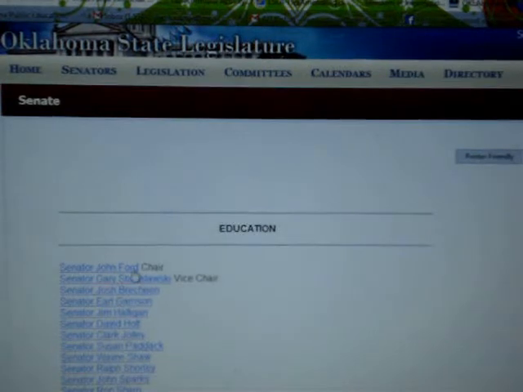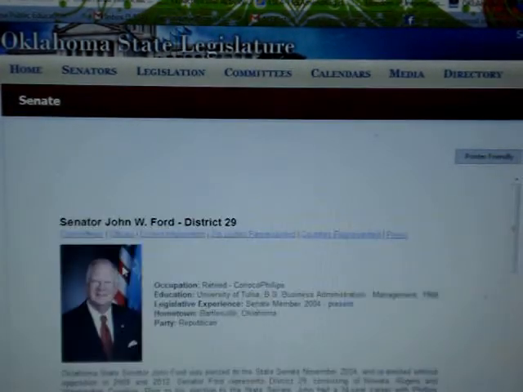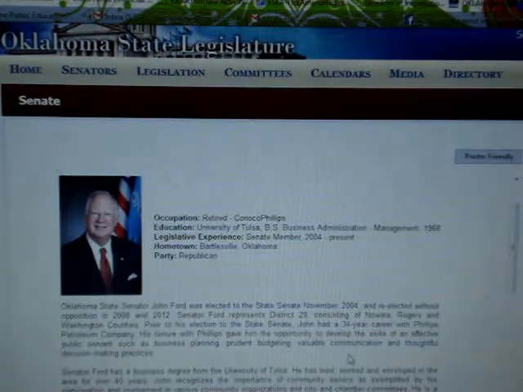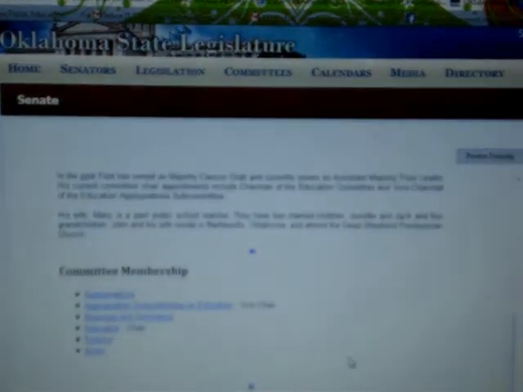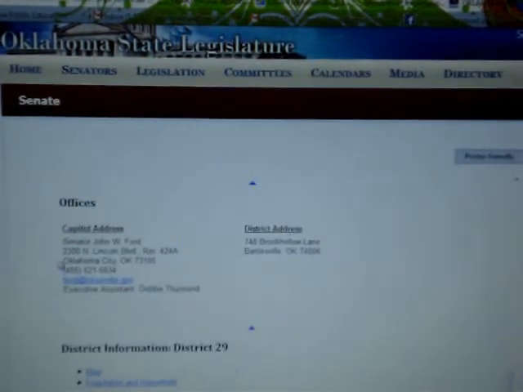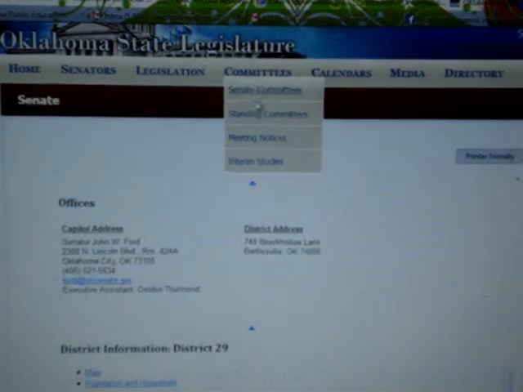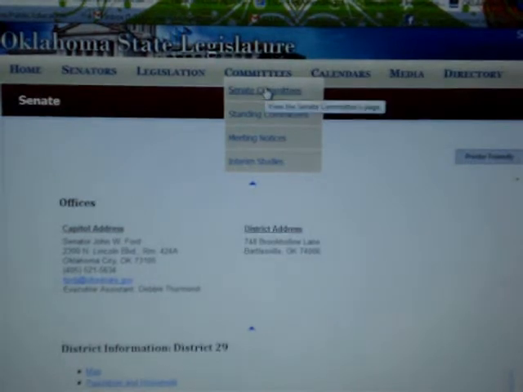Now let's say that you wanted to send Senator John Ford, who is the chair, a letter. Well, he's not even your senator, which doesn't mean that you can't send him a letter, by the way, because he does represent Oklahomans. So you can click on his particular link and up pops all the information about Senator Ford. And it gives his contact information down at the bottom, his email, who his executive assistant is, and everything else. Now, let's go back to committees and let's look at